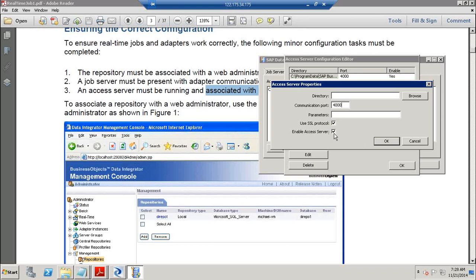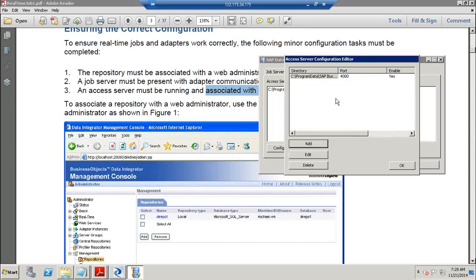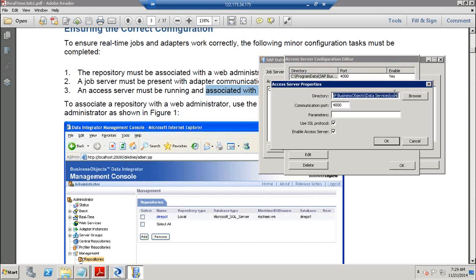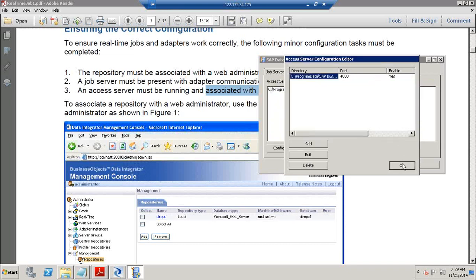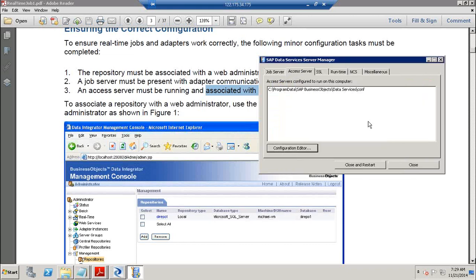So on top of your job server, you'll have the access server enabled, and just click on OK, and you will see your access server created. So this is the path, this is the communication port, use SSL and enable access server, and just click on OK and OK. Right,